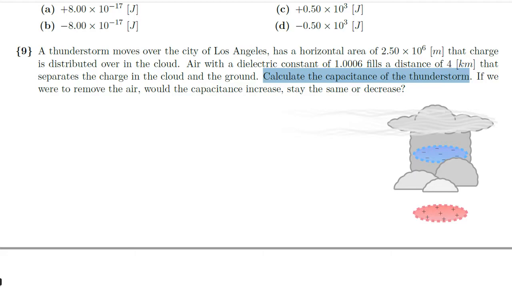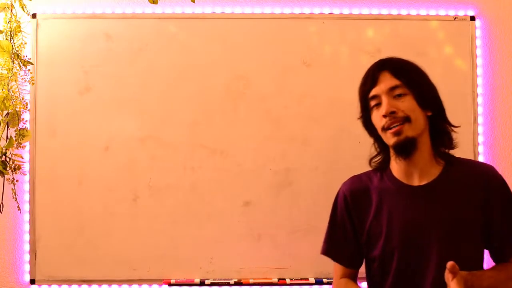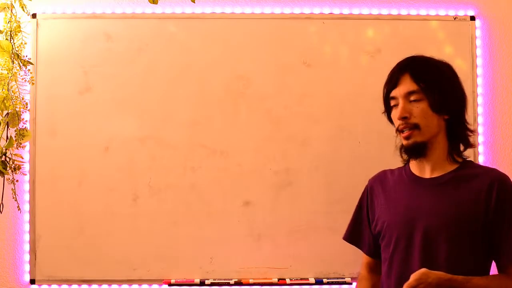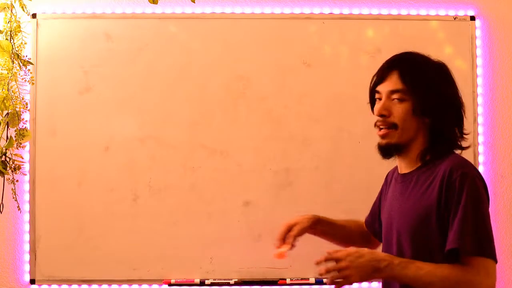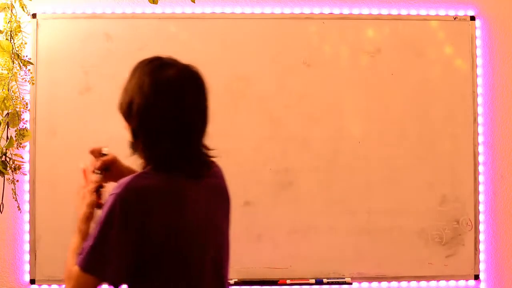There is one equation which accounts for all these geometrical factors. So let's take a look at that. So the equation that has all these geometrical factors to calculate the capacitance is that C, so for problem number 9,